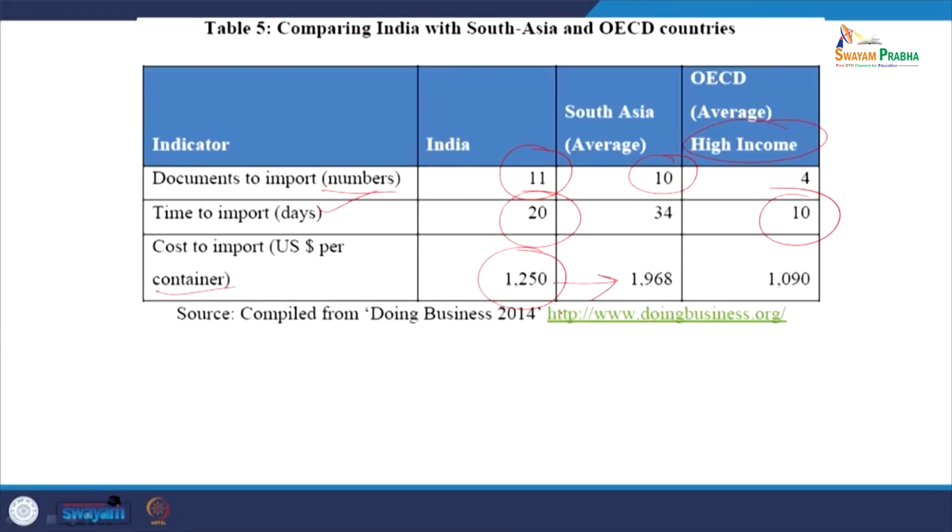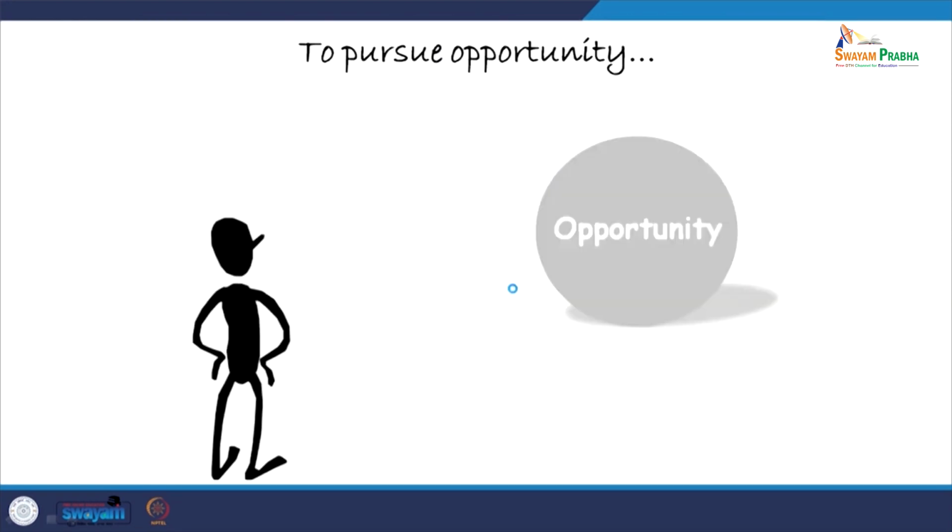To check the cost of import, especially transportation, which is one of the most important, the cost per container in US dollar terms, ours is lesser than that of the South Asian countries. Though South Asian countries are developed in many senses, we have landed on a better path to catch up to those levels. Of course, our rate is higher than that of the OECD, but still we are competitive in this segment. So, therefore, we need to understand the facilitation carefully.